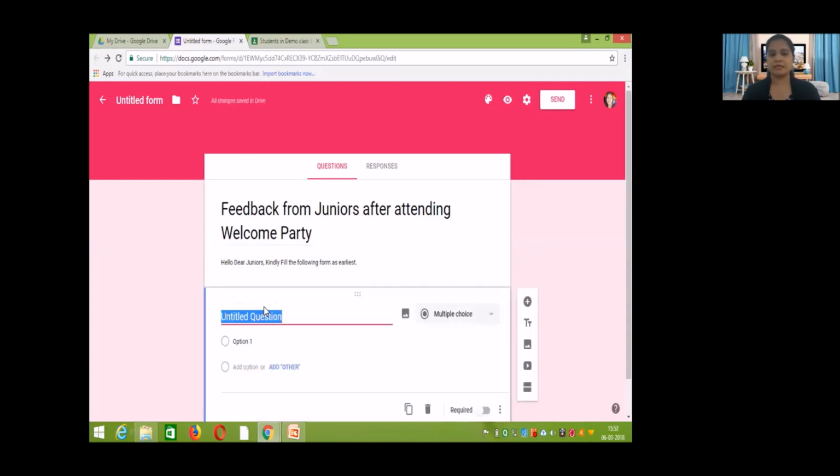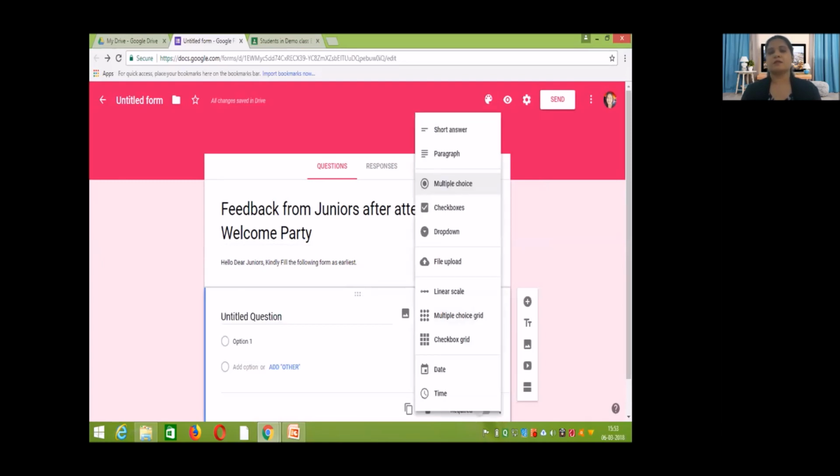If you click on this area, these side options will appear. This drop down bar you have to select. These many types of questions you can add in your questionnaire. The first type is short answer, where there are few word limits. If your question is the name of the candidate, at that time you can choose a short answer question. If your question is of suggestion type or any sort of lengthier answer, then you can go for a paragraph type